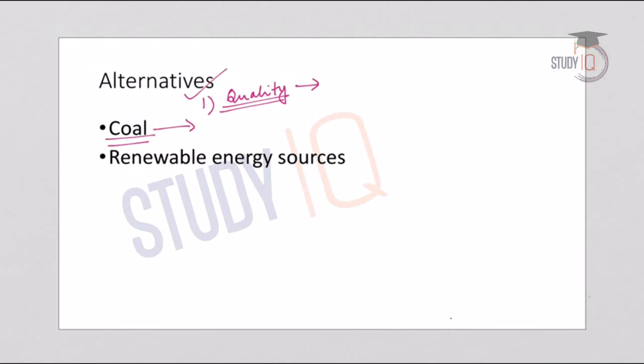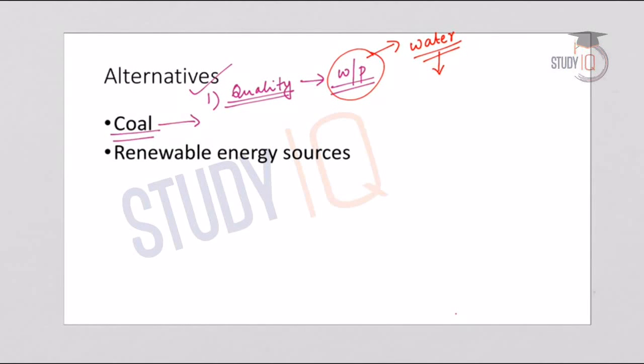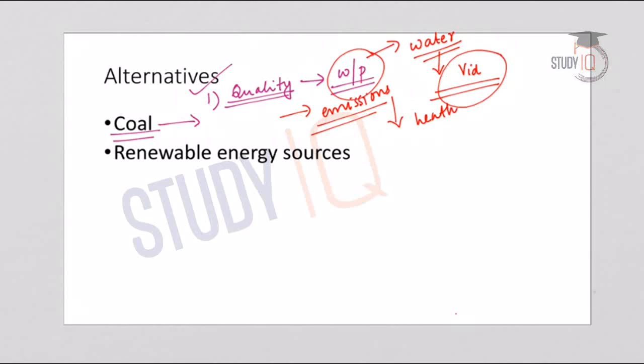In the process of washing or processing, a huge amount of water is needed. Here the availability of water in water stress areas around a coal plant would be a challenge. For example, the Vidarbha district of Maharashtra is a water stress area, and in such areas this can lead to ecological imbalance. Also, the emissions from coal-fired plants can lead to health consequences or environmental degradation, because mostly the emissions are greenhouse gases, and this will have a direct impact on the health of the people living in the area and also on the ecology and environment of the area.